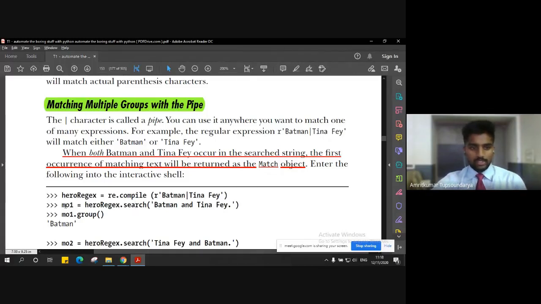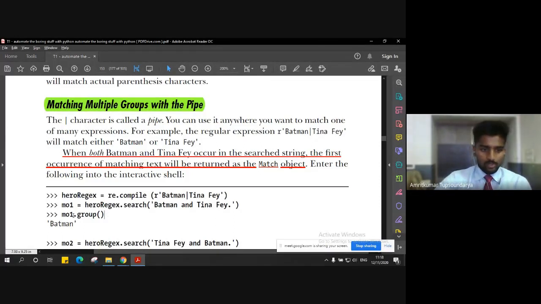So let's name it matched object one. And when we search for these regular expressions in the message, Batman and Tina Fey, as you can see, we have both of the regular expressions in this one statement, right? So simply Batman and Tina Fey. But the group method, if you can recall when we discussed it, will simply give you the output of the first matched object, right?